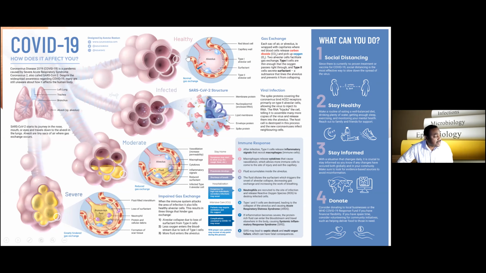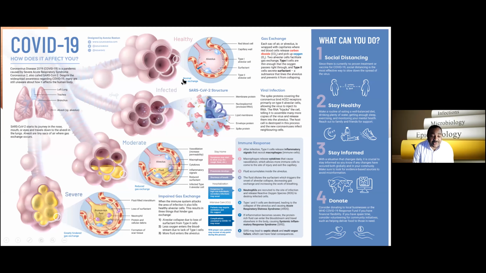But again, most healthy individuals who do not have underlying conditions seem to do pretty well. And what are those underlying conditions? The most consistent one seems to be hypertension. For people who have high blood pressure, for people with diabetes, for people with other cardiovascular diseases, it seems to be a big issue. Probably people with COPD and asthma as well, although a new report seems to suggest that